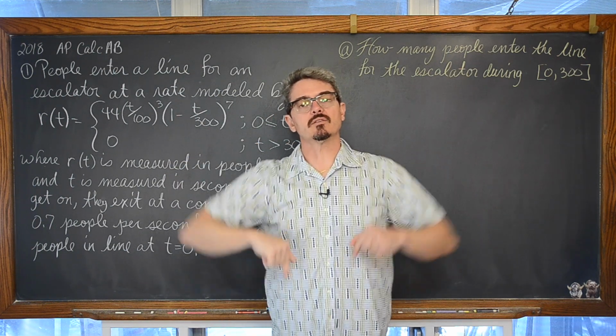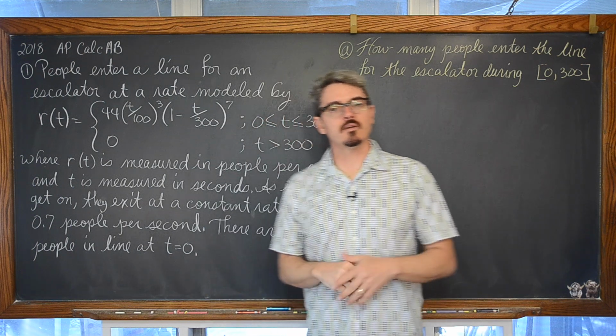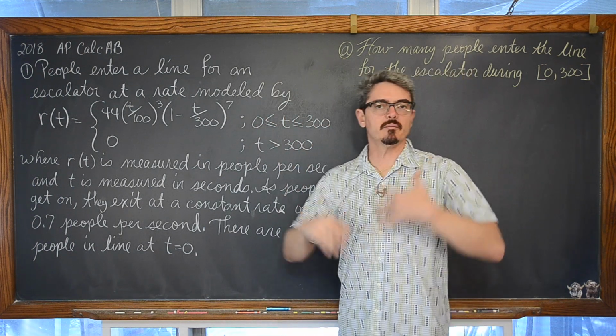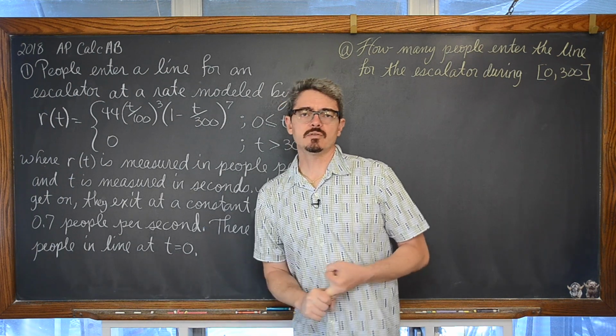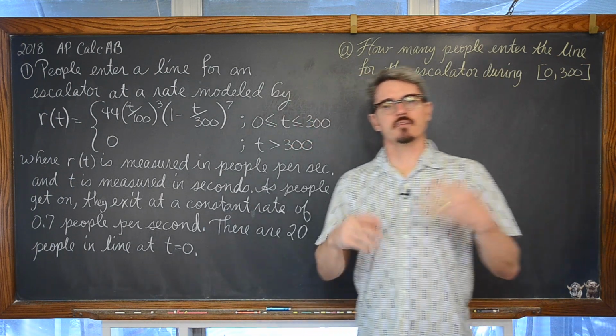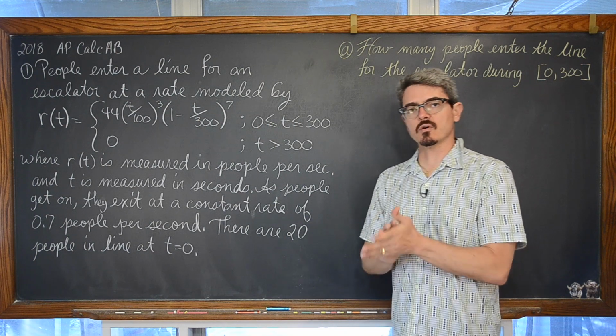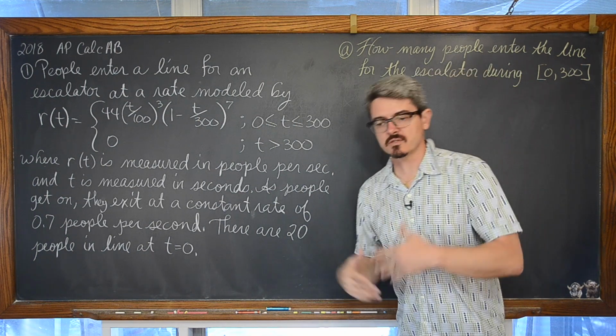I'll also have a link in the description to the AP College Board website where you can download a PDF of this year and many years, the scoring guidelines, the master graders' commentaries. You can see where students missed their common errors, find the average number of points students earned on each of these 9-point questions, and so on and so on.